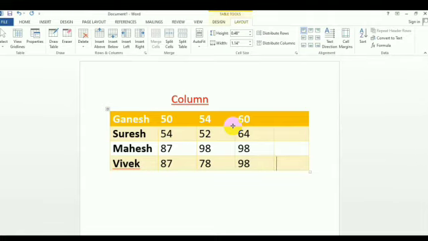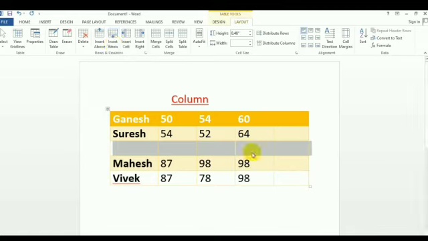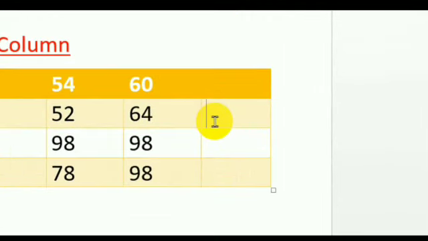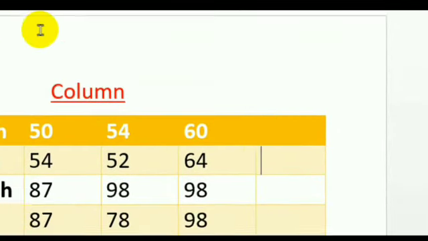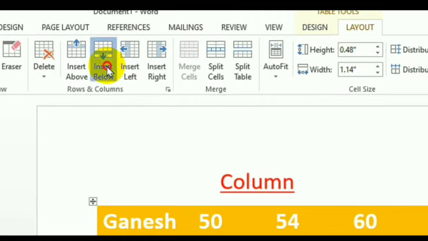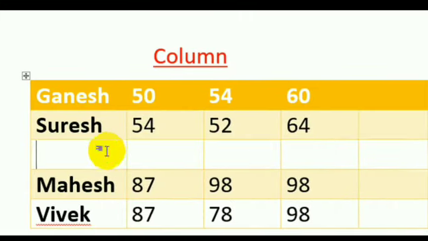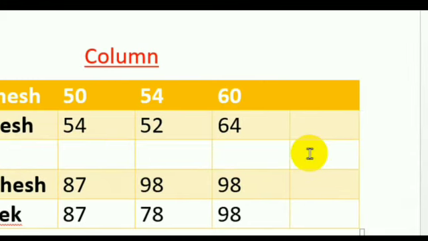If you want to delete the extra column, that is also possible by using this Layout tab. So we'll learn how to delete a column from any table. Now we are on the fourth column. Now see, the Design and Layout options will be available when you click on the table. Now see, we have taken another row in between, and we have also deleted it. Now we have to delete this column. So just select that column and you will get the option. See, again we have taken another row.